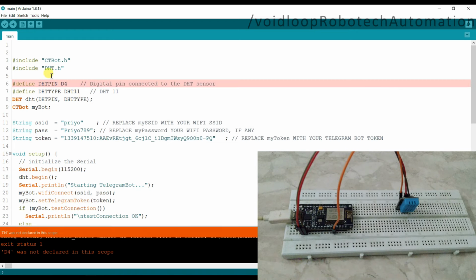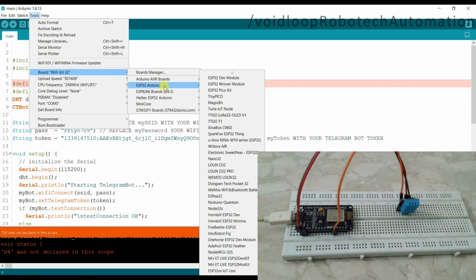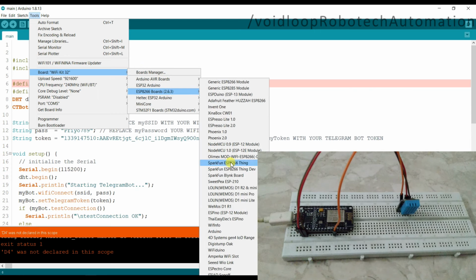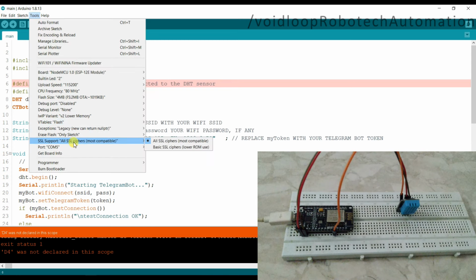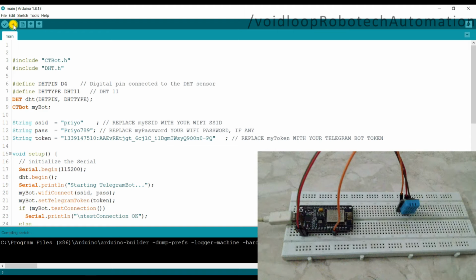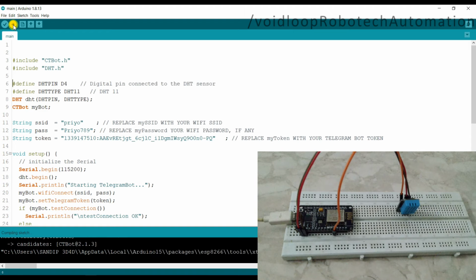Okay, so we have to select the board here: NodeMCU 1.0, and COM port 5 is okay. Now I will upload the code again. What happened?